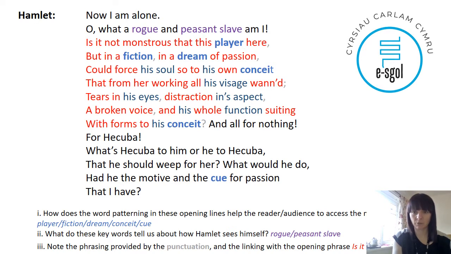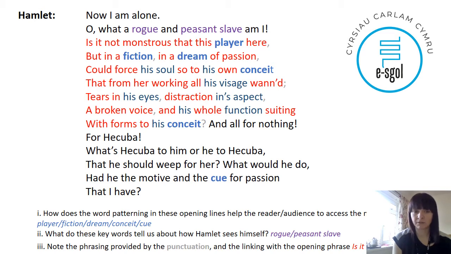So if we have a look here at what's been highlighted, the light blue, how does the word patterning in these opening lines help the reader or audience to access the meaning? So we've got player, fiction, dream, conceit, cue. So the idea of something which is made up, something which is being presented, something which possibly lacks reality. What do these keywords say about Hamlet and how he sees himself? So rogue, peasant, slave,